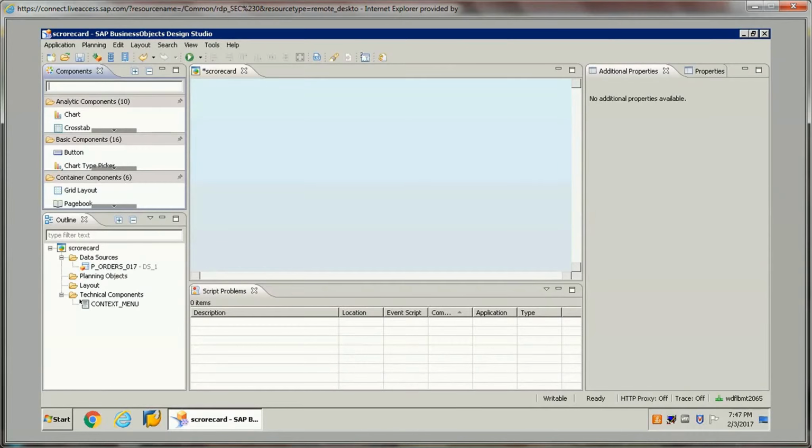Hello friends, in this video we will learn about the scorecard component, its basic functions, how we can use it, and how it gives control over the visualization used in